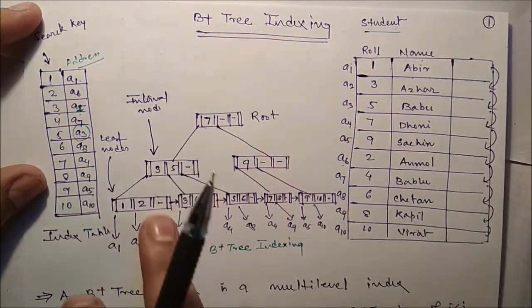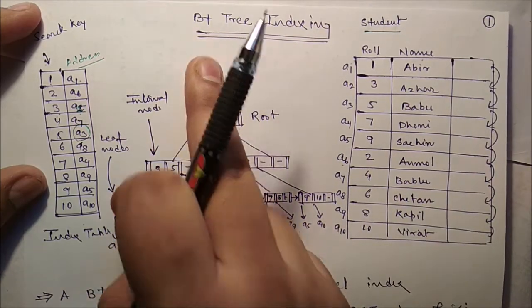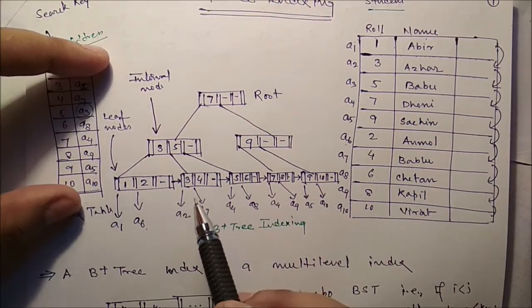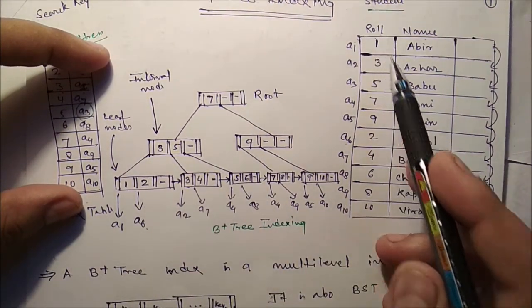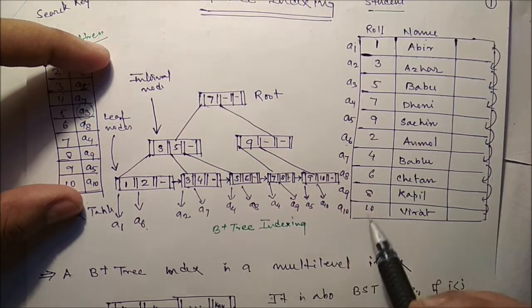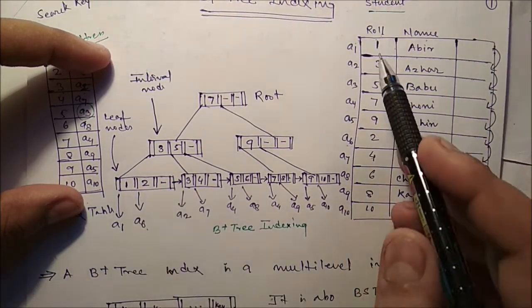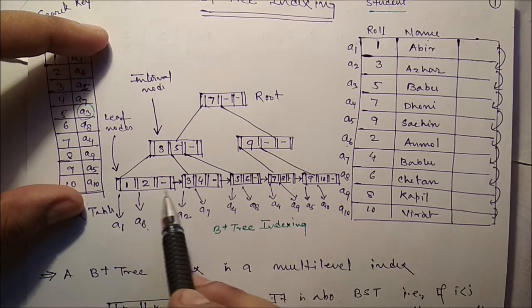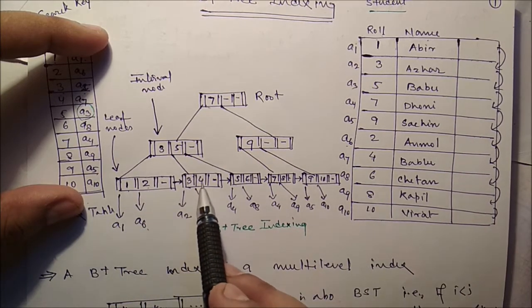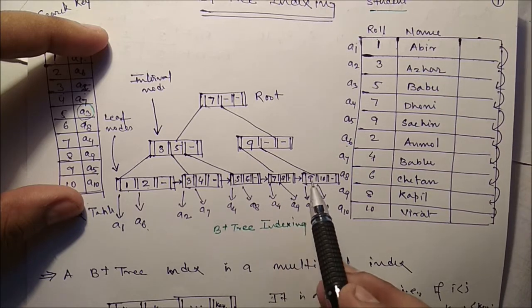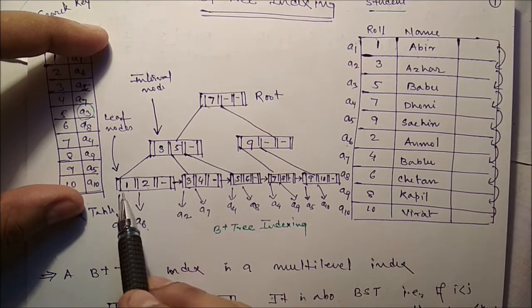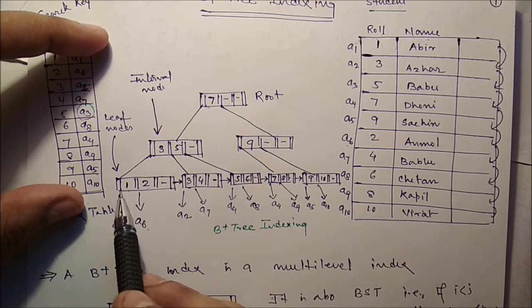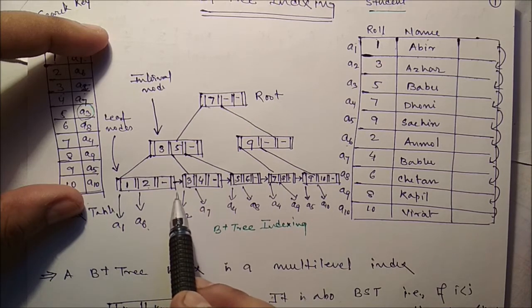Now we may implement a tree also. So using the B tree we can implement the indexing. Let us see this particular tree first. Here the roll numbers are from 1 to 10, ten distinct roll numbers. It is not in order at the top, but if you see the leaf part, all the roll numbers are in order: 1 2 3 4 5 6 7 8 9 10. Each node contains maximum 3 data and 4 children. Are you getting this one?